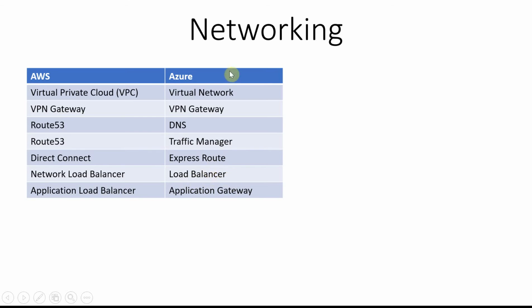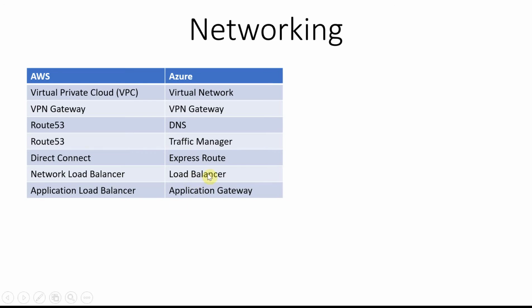Right, and then next is the networking side. We also have load balancers. Generally, load balancers are classified into two types: network load balancer and application load balancer. Network load balancers, or the Load Balancer on the Azure side, work on the concept of UDP and TCP, not HTTP. If you remember the layers of networking, layer 4 is meant for that. Layer 4 is at the networking level, primarily relying on TCP or UDP based protocols.